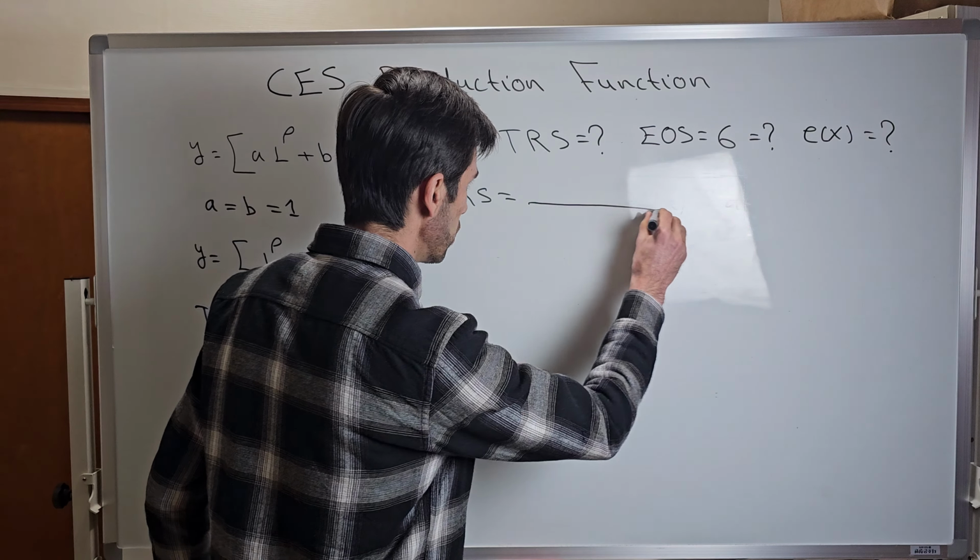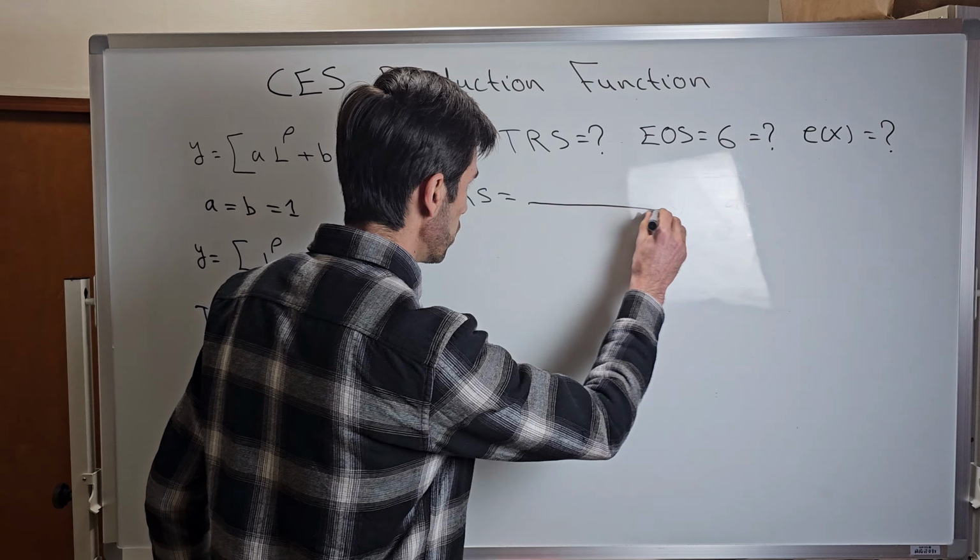Because we are finding the partial derivative with respect to L, the K term becomes 0. So this becomes rho multiplied by L to the power of rho minus 1, divided by